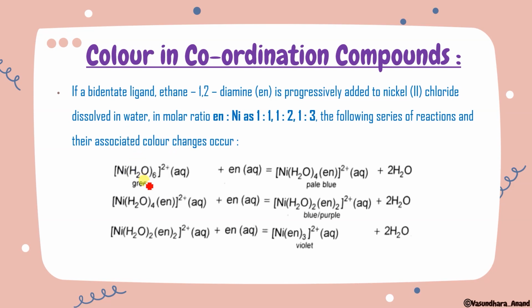This is Ni(H2O)6, hexaaqua nickel 2, if it is reacting with one En molecule. So one En will go inside. It is a bidentate, so if one is going inside, that means two ligands will be coming out, isn't it? So one En will go inside and 2H2O will come out, because we have to maintain the nickel 2 and the coordination number over there. You can write here also 2H2O. यहाँ पे भी हम लिख सकते थे, but this is +2.